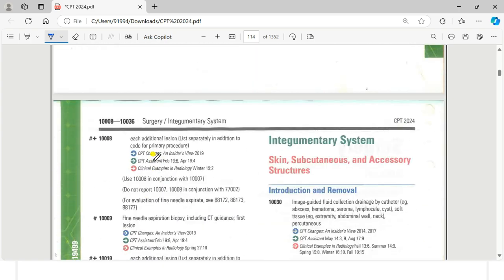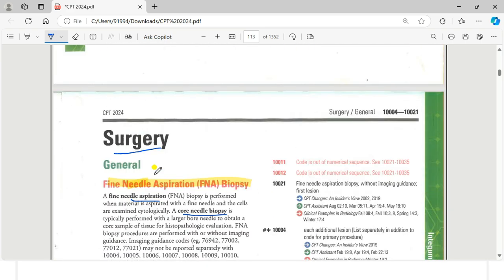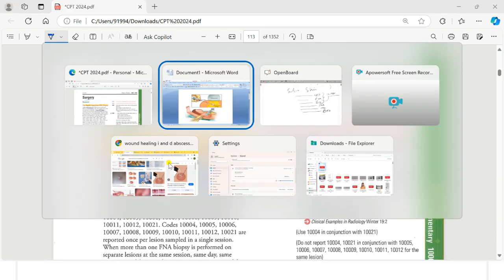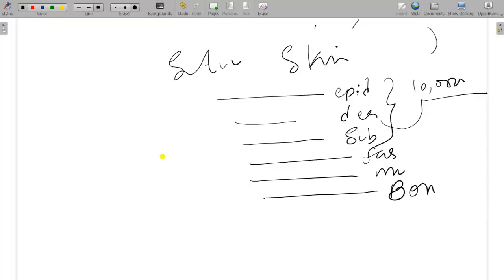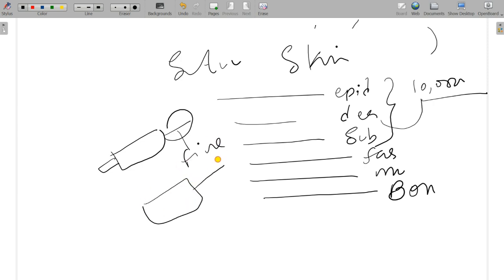Now, what is the difference between the fine needle aspiration and the core needle biopsy? Just the size of the needle varies. In the fine needle aspiration, the needle size is very fine, whereas in the core needle biopsy, the needle is much wider.